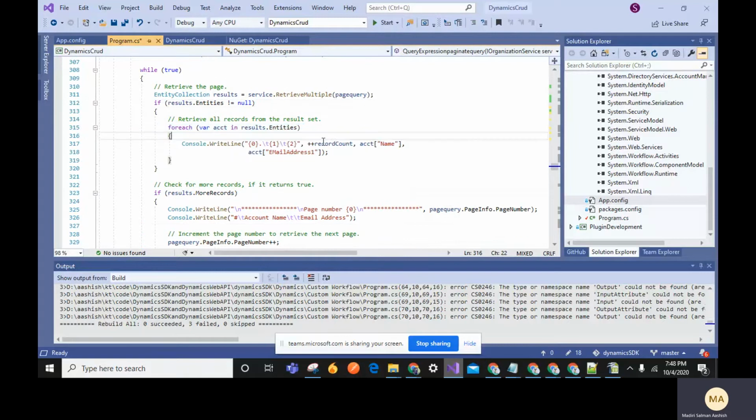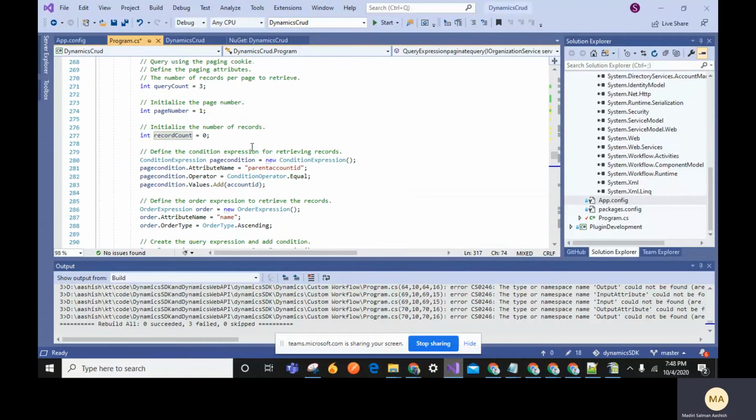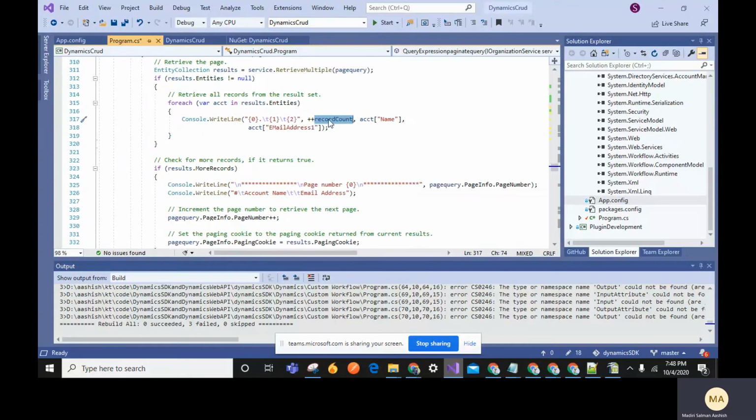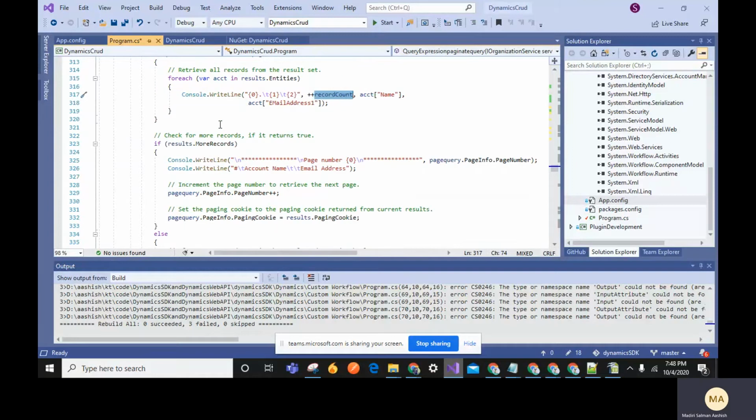You need to write the record count, so we can know how many records it's retrieving per request.